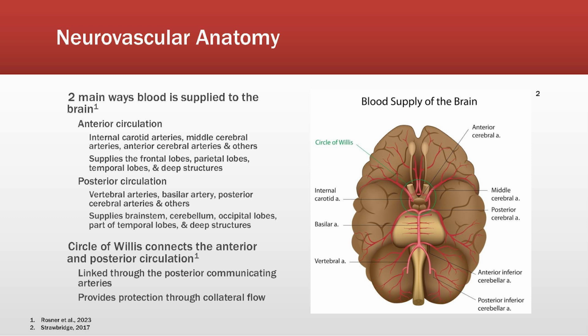It is important for us to take just a brief moment to discuss neurovascular anatomy. We'll try not to get too in the weeds here, but there are two main ways that blood is supplied to the brain. We talk about the anterior circulation and the posterior circulation. The anterior circulation is going to start with our internal carotid arteries, branching off to the middle cerebral arteries, anterior cerebral arteries, and others. This is going to supply our frontal lobes, parietal lobes, temporal lobes, and some deeper structures